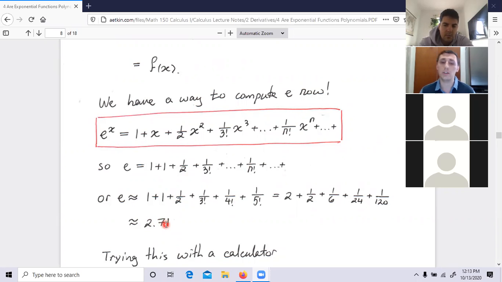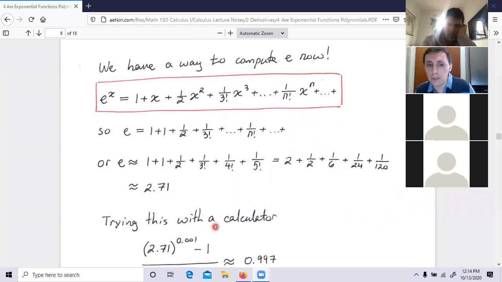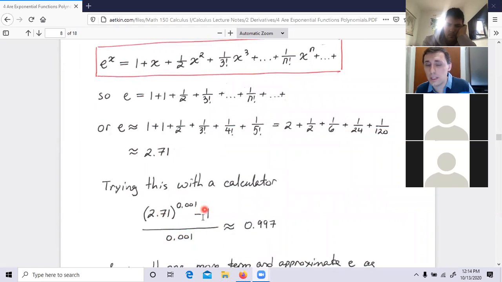Remember, we claimed that there should be an e between 2 and 3. And here, without doing anything, I actually am getting an estimate of that number. Okay, let's try this for a moment with a calculator. 2.71, trying with a calculator, let's say doing that same procedure. Remember, it's the derivative at 0. I plug in 0.001 minus 1 over 0.001 in the calculator, and the calculator gives me 0.997, pretty close to